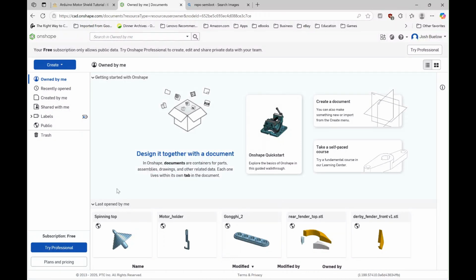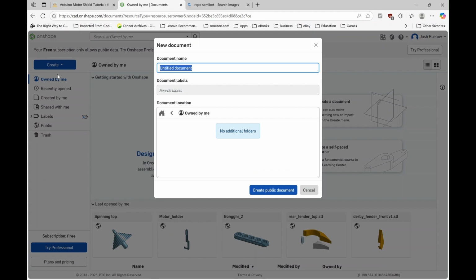Hello everyone. Today we've got a special request from Orlin. We're going to be making a Semibot from R.E.P.O. So let's get started. We'll click the blue Create button, make a new document, and we'll just call this Semibot